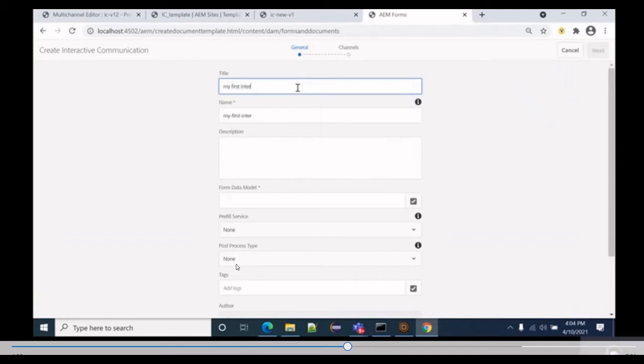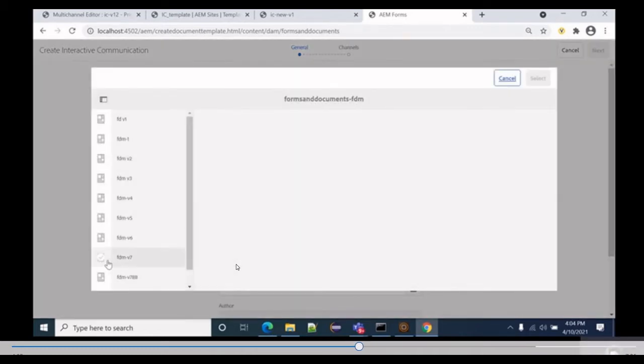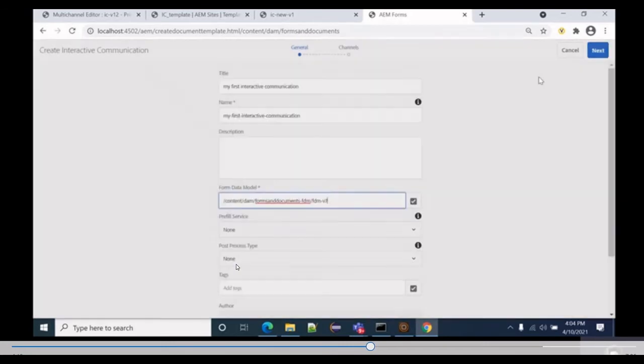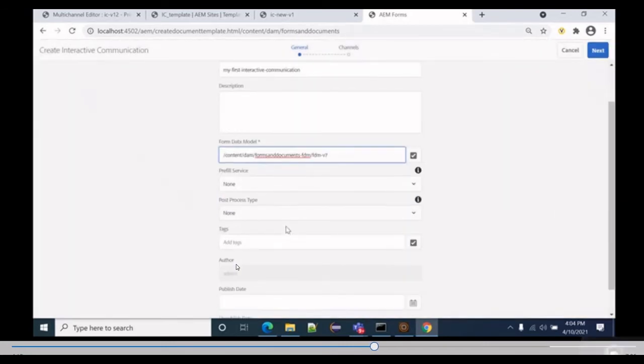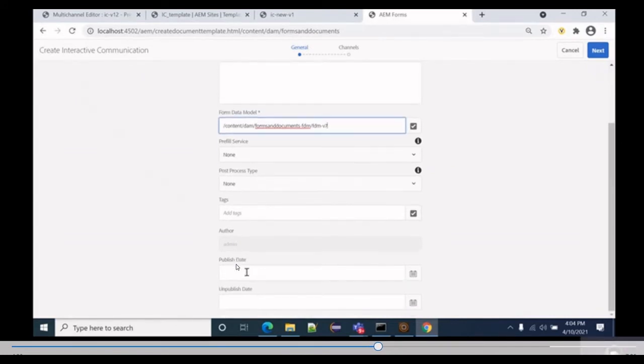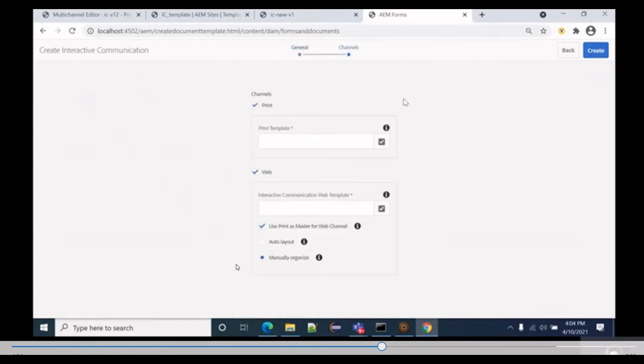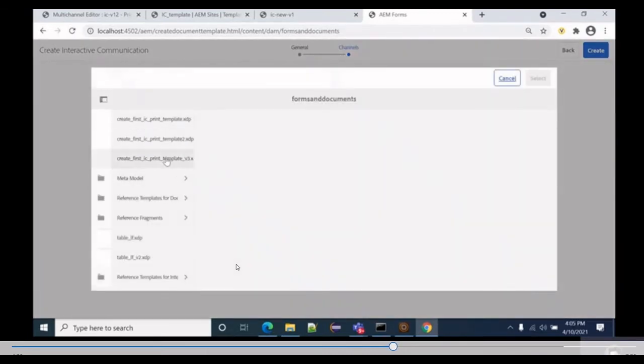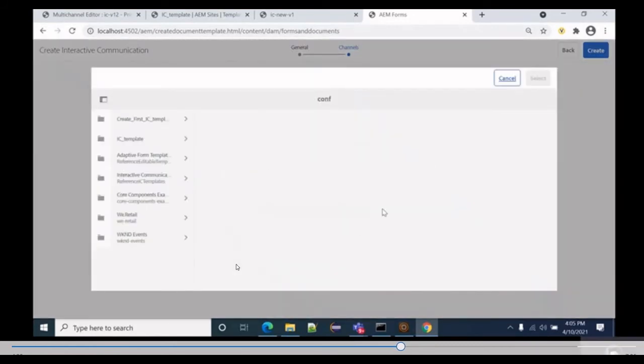First, interactive, and form data model, we have created FDM V7. In earlier videos we have covered how we created the form data model. Select it and we are good. Click on Next. And print template as well as the communication web template we can select. So this is the one which we just created. We can select it and